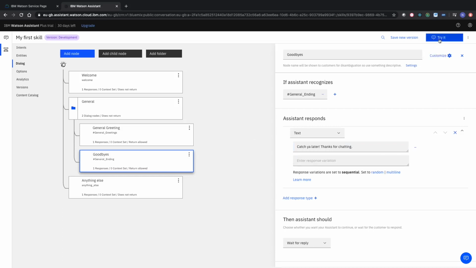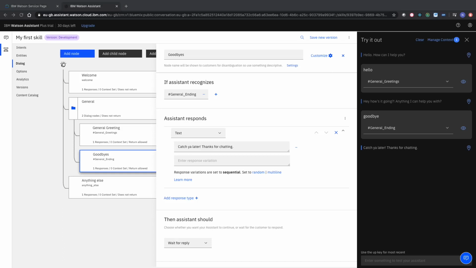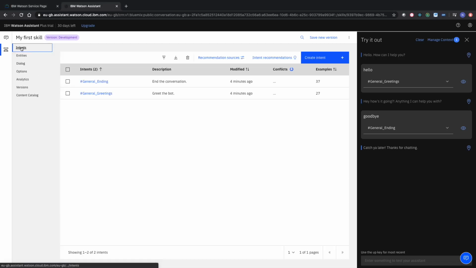Perfect, so let's quickly test that out. So if we said goodbye, you can see that we're automatically picking that up and we're responding with the appropriate text. Now, that's pretty good. So we've actually gone and leveraged